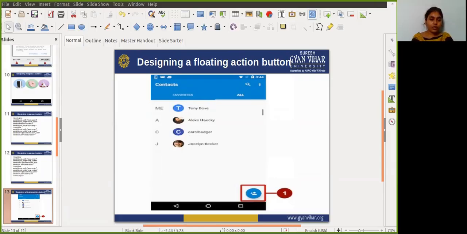When you use the app:fabSize attribute, you need to pass mini as a value for setting the minimum size of the floating action button. The minimum size is 30 by 40.